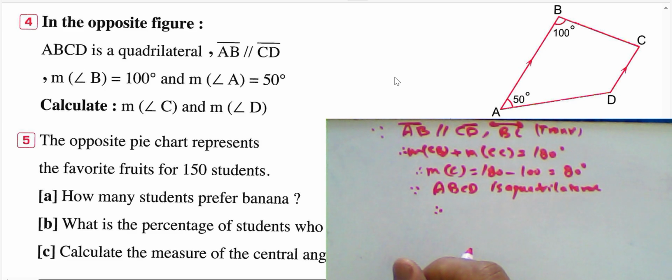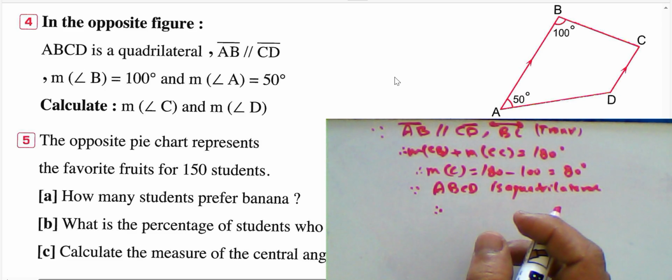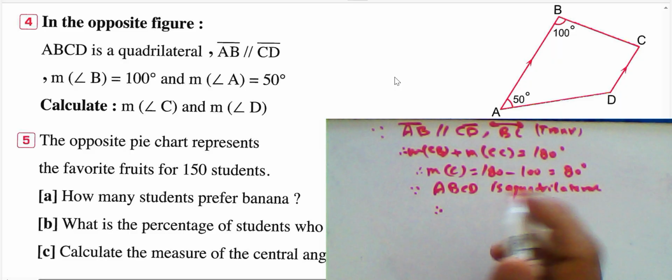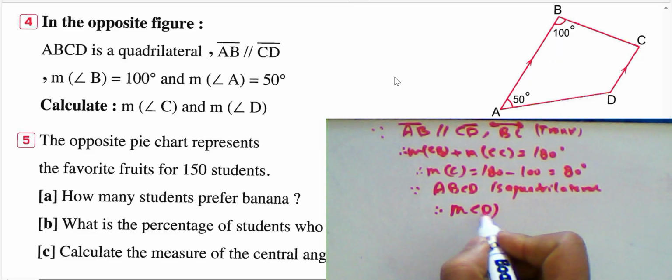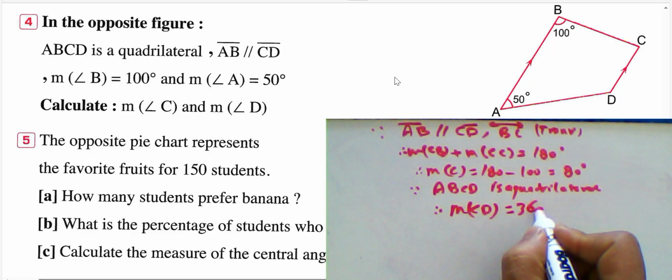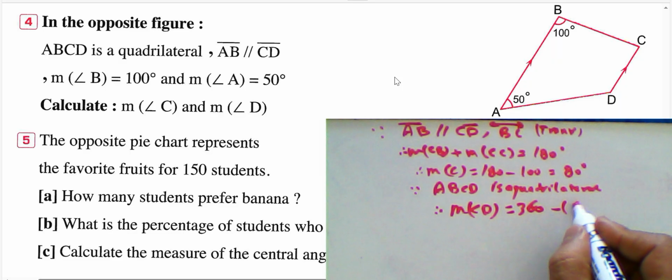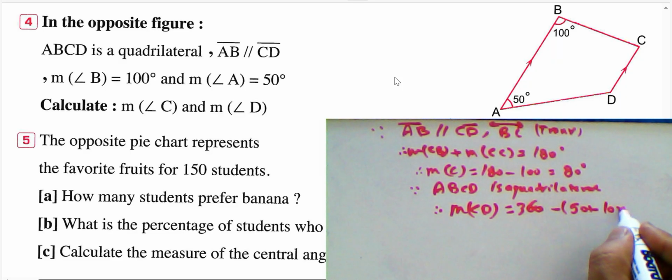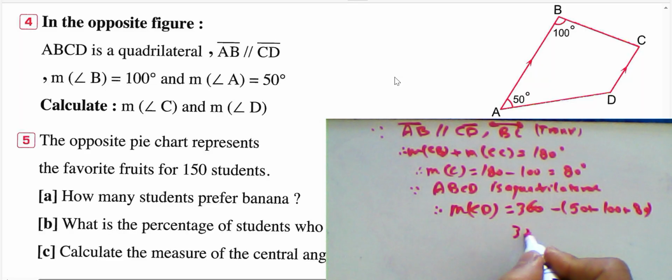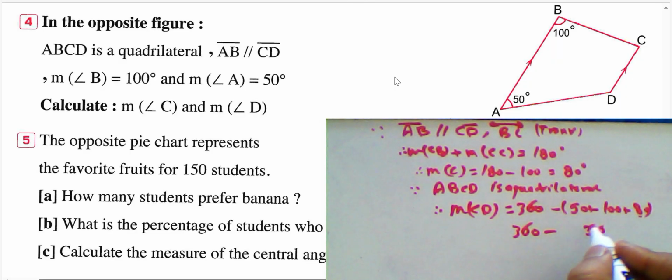We have a quadrilateral, sum of interior angles equals 360. Then measure of angle D equals 360 subtract the sum of the interior angles. We have 50, 100, and also we found angle C was 80. Right, 360 is the sum of them: 0, 8 plus 5, 13, 3 and carry 1, 1 plus 1, 2. And the result will be